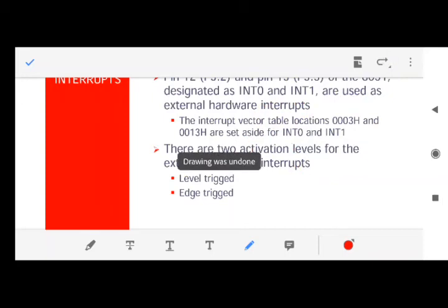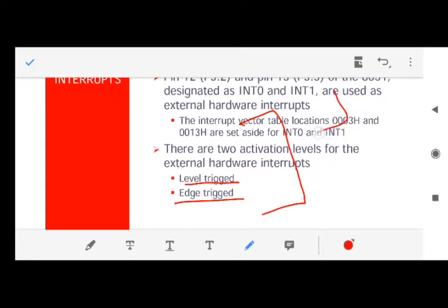Fine. First we will see how many types of external hardware interrupt there are. There are two types of external hardware interrupt. They are level triggered and edge triggered. What does it mean? What happens when an interrupt comes from outside into pin 2 of port 3 or pin 3 of port 3? It can be a signal something like this.